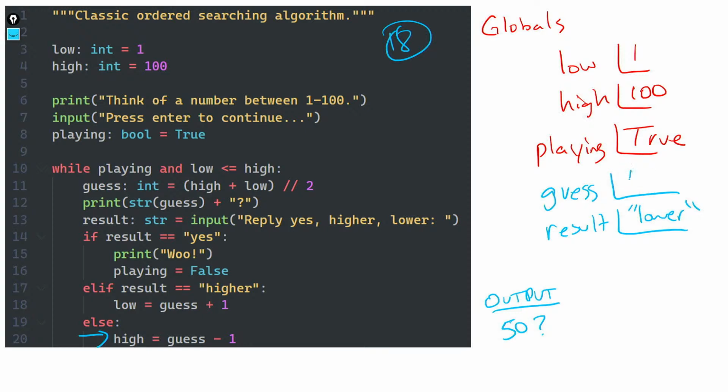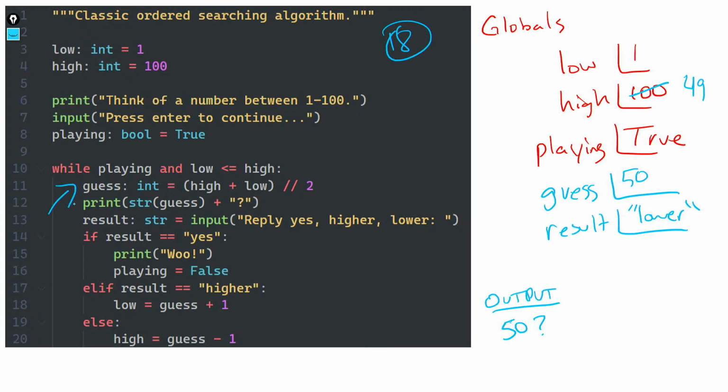We're updating high here, so I'm changing 100 to be 49, right? So let me break this down one more time. Our guess value was 50. We say, okay, 50 minus 1 is 49, and take that value and assign it to our high variable. So now we know that the answer must be somewhere between 1 and 49, right? So we've cut our search space in half in this fashion.